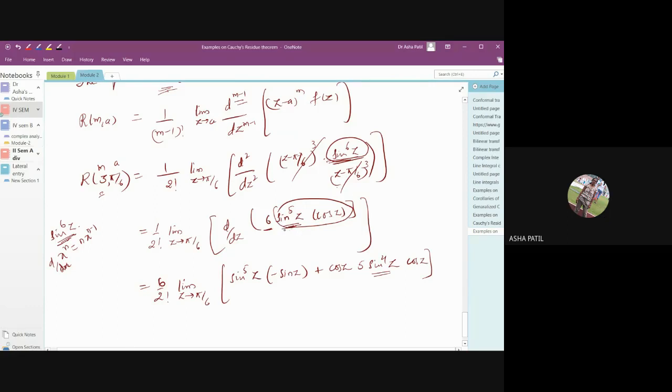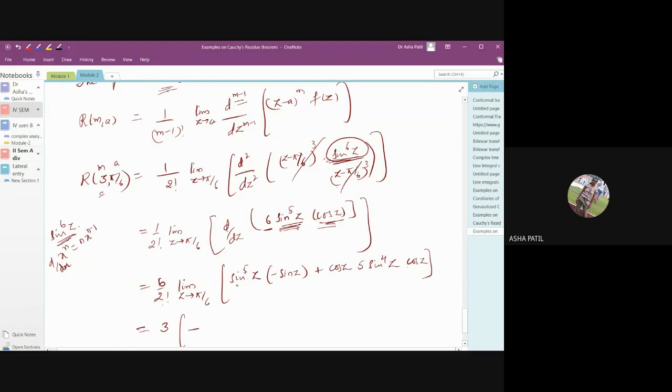We are going for the u into v product rule. For sin^5 z, first keep u as it is and differentiate v. So keep sin^5 z as it is. The derivative of cos z is minus sin z. Then we'll keep this cos z as it is and differentiate sin^5 z. It is in the form of again x raised to n. So 5 into sin^4 z, and again this sin z needs to be differentiated. The derivative of sin z, again you'll get cos z. Don't go for any simplification, just put z as pi by 6. How much do you get here? 2 factorial is 2. That means you get 3 here.